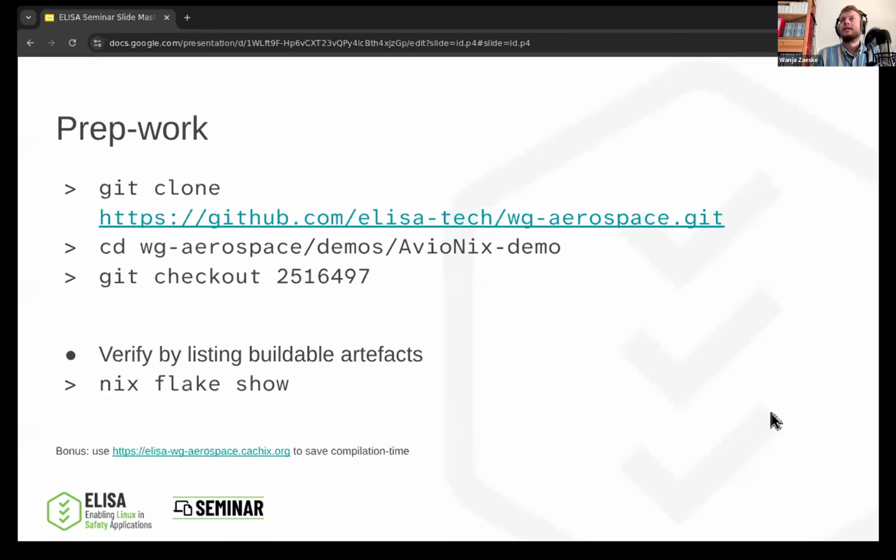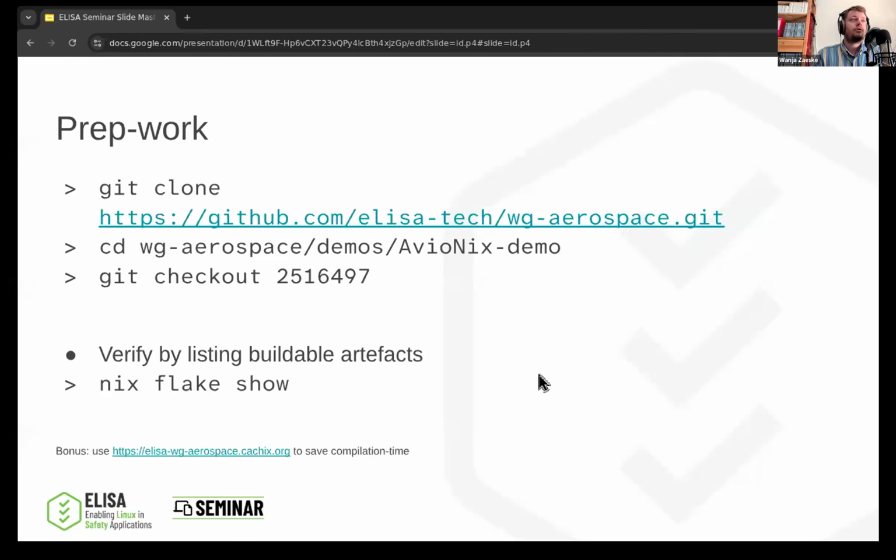I tried to make this as hands-on as possible, and the promise from the advertisement is that you should be able to run along the commands that we have here and should get the same results as I have. I think the slides will be published later on, so for now you can also maybe take my word for it, but feel free to run along.